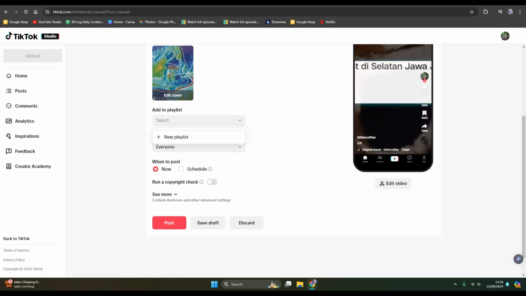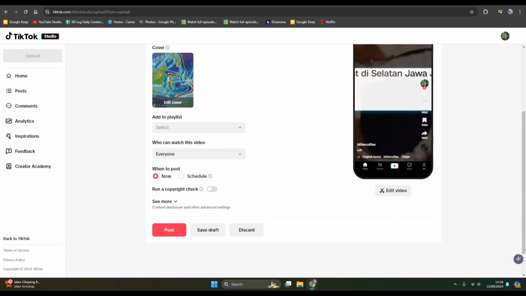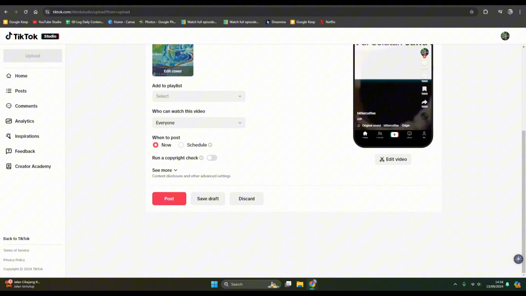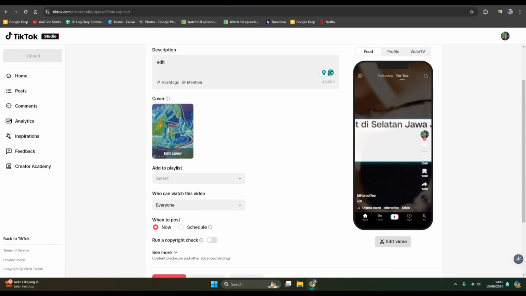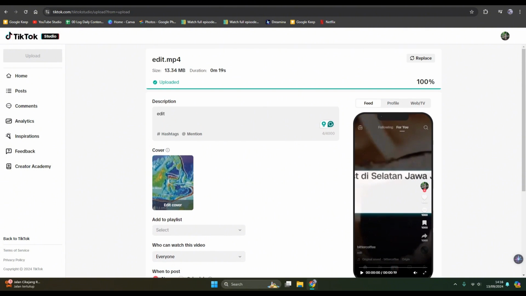Here, if you have a playlist, you can also add it into a playlist and set who can watch your video. I'm going to go with everyone. And when you want to post, you can also schedule it in here. So by scheduling your videos, you allow your video to be uploaded and stored on our servers before posting. You can also run a copyright check if you want to, and if it's done, you can just click on post. So that's all. That's how you can use TikTok on